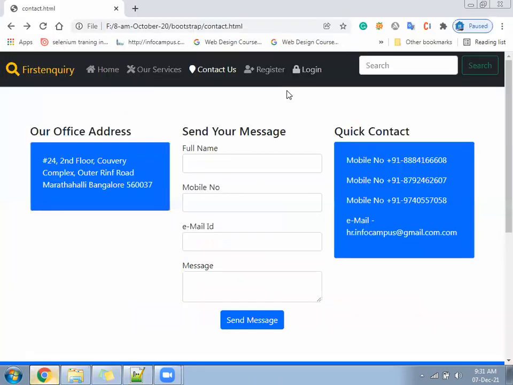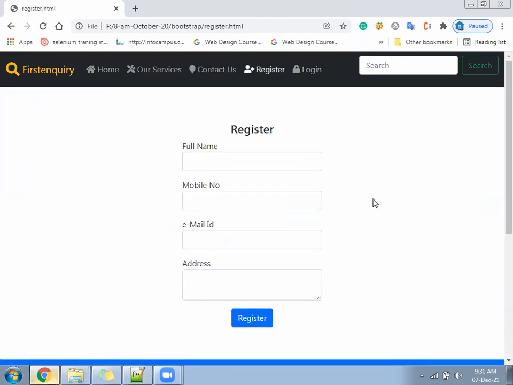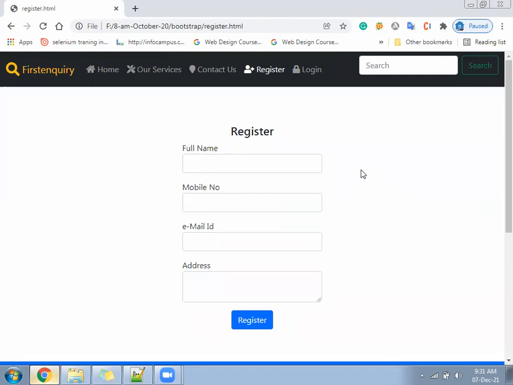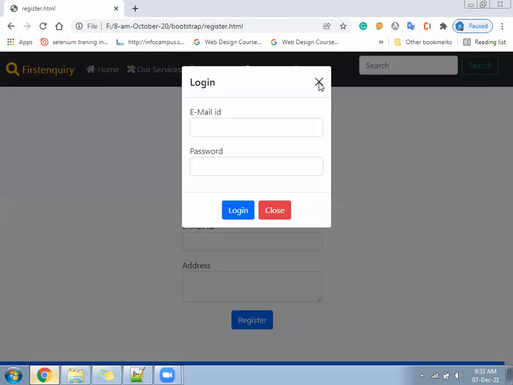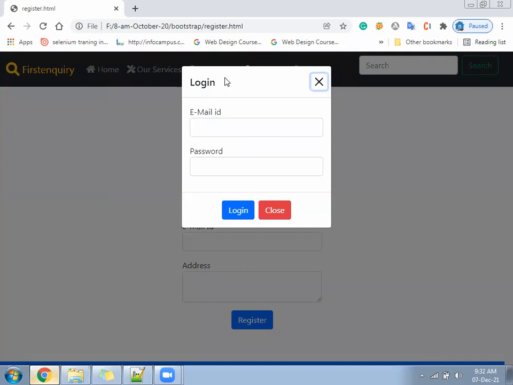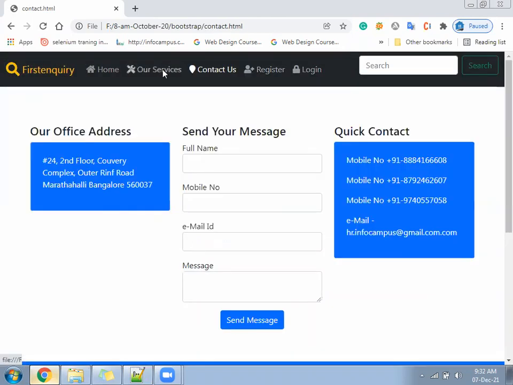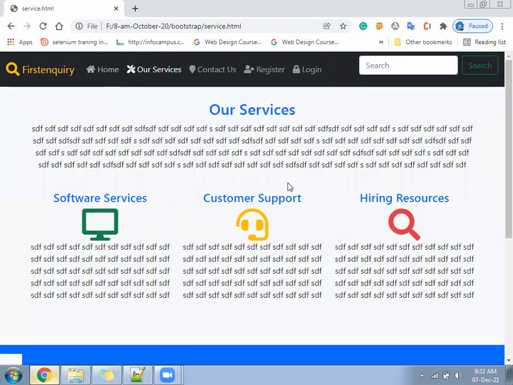Register file is ready, something like this, a basic page. Login you already have as a pop-up window, so no need to do anything in the login case. Login file is ready, contact file is ready, service is also ready, then home is also ready. The well-designed template.